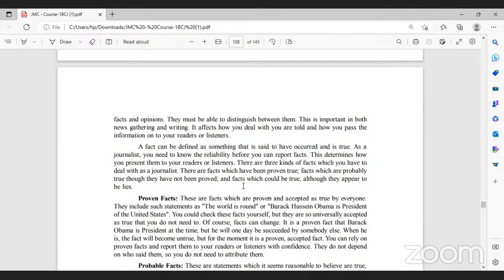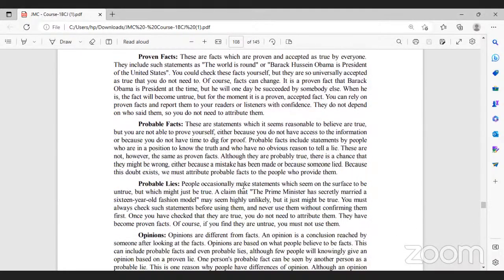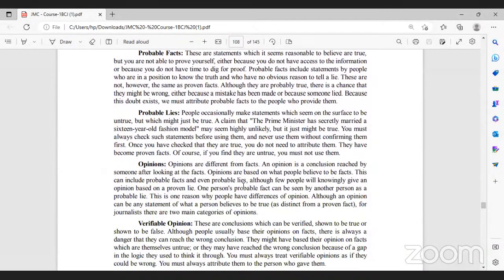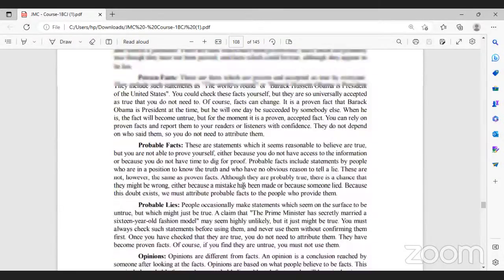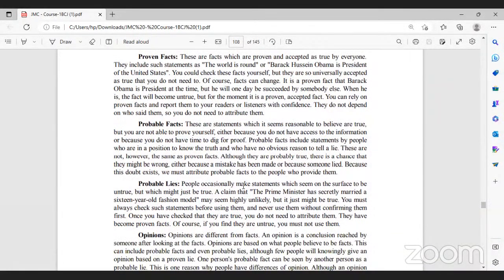So, there are three kinds of facts. One is proven fact, one is probable fact, one probable lies. So, proven facts are the statements which are reasonable to believe, but you may not be able to prove. So, as a journalist, you have to see that,